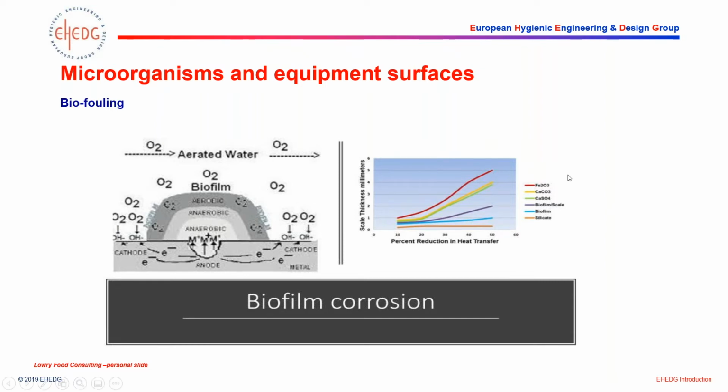So on the left hand side of the diagram on the right, there's a scale of thickness of the surface of material. Let's say it's your stainless steel, and here we're showing millimeters in thickness of the material. On the right hand side is reduction in heat transfer. When a biofilm has covered perhaps your heat exchanger, it will lower the energy efficiency or the heat transfer, with 1 millimeter lowering it up to